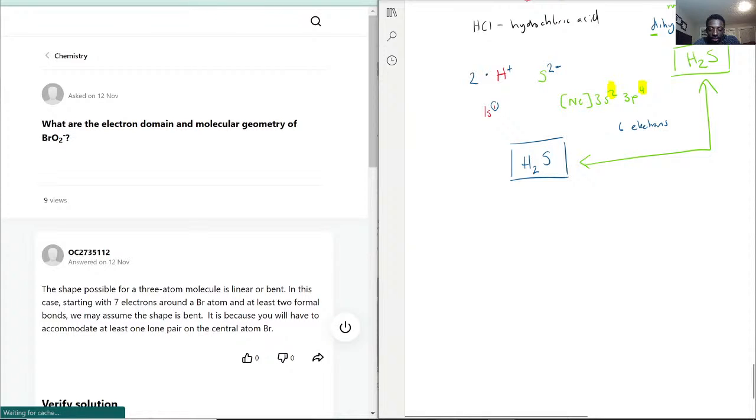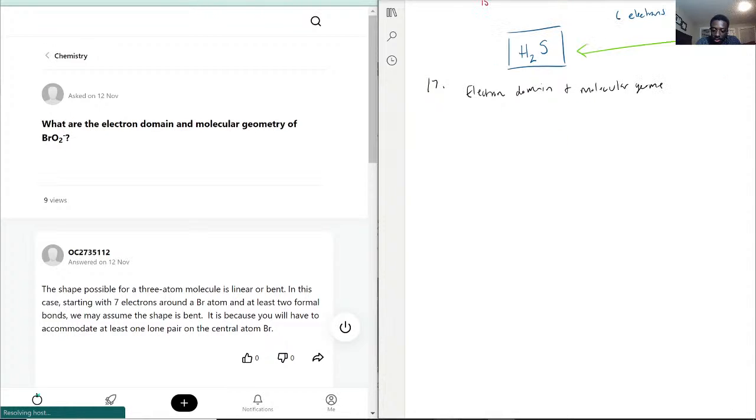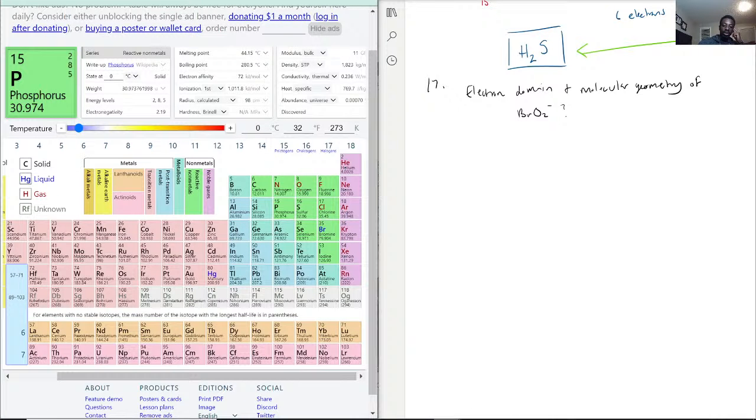What is the electron domain and molecular geometry of BrO2 minus? So this one is actually a doozy of a question, because bromine is